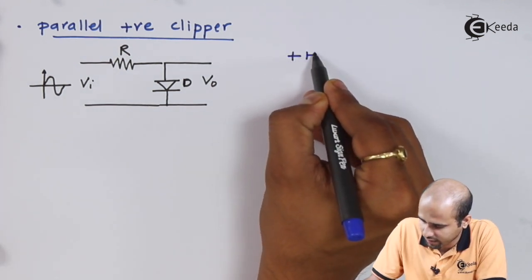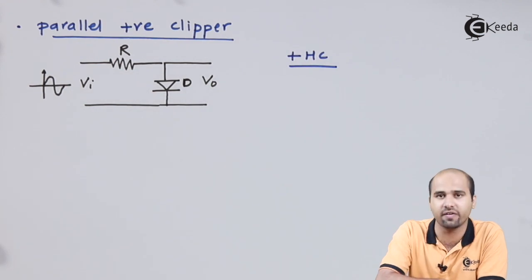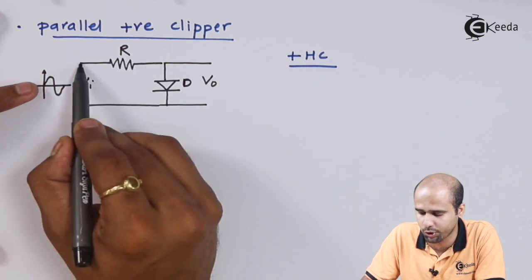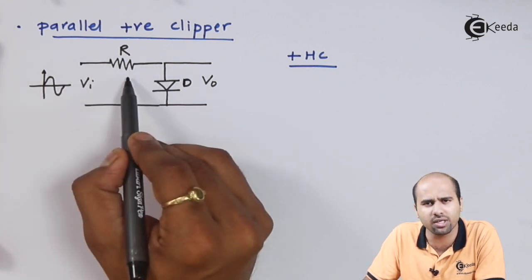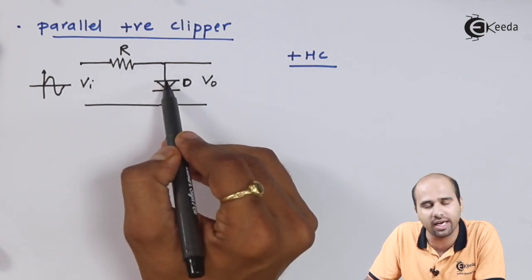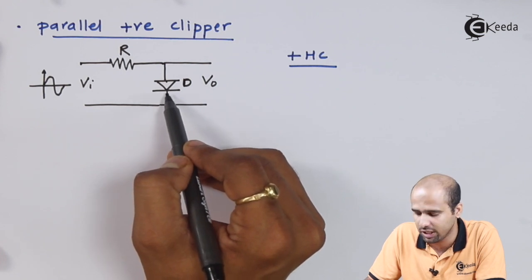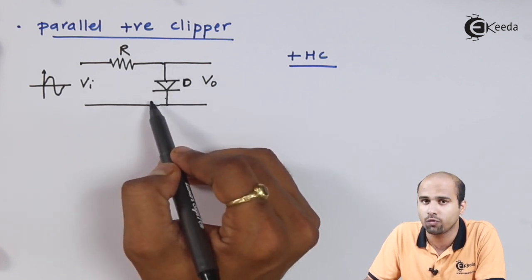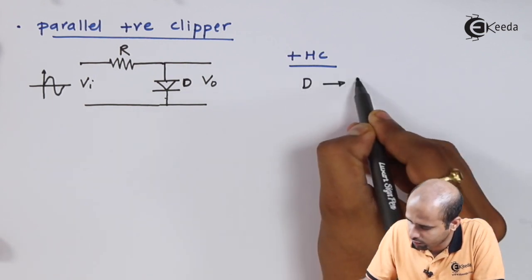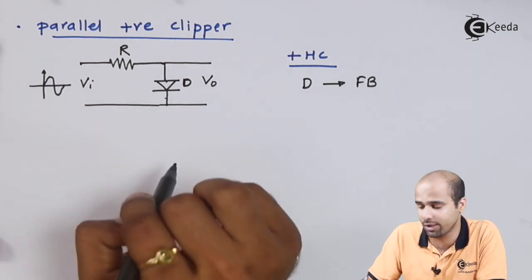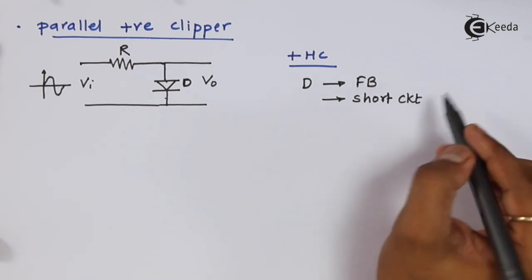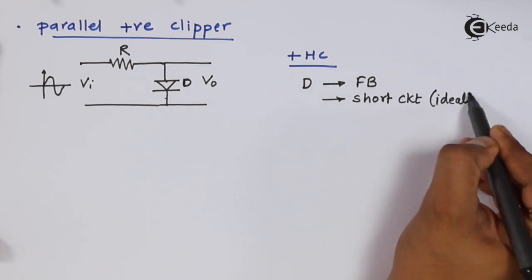What do we get in positive half cycle and what do we get in negative half cycle? So in positive half cycle, I can say that this is positive, so this voltage is positive, and there will be some drop, but will not be so large drop. We'll be getting the positive value of the anode voltage with respect to cathode voltage. Then I can say that diode D will become forward bias. Now as diode D will become forward bias, this will become short circuit. This is short circuited ideally.